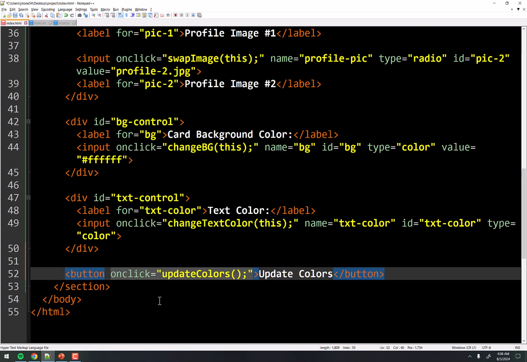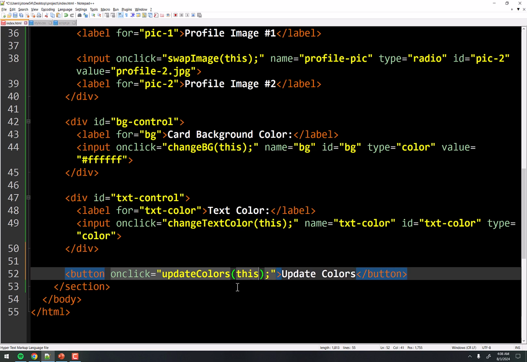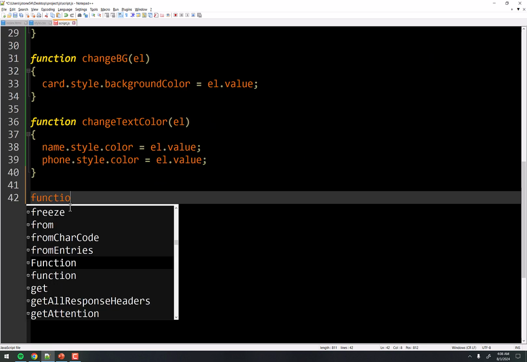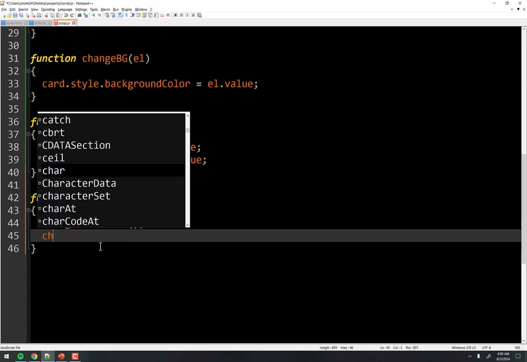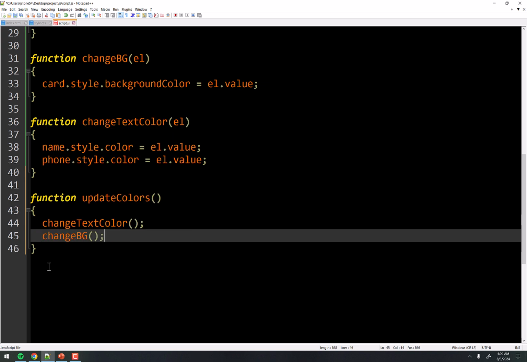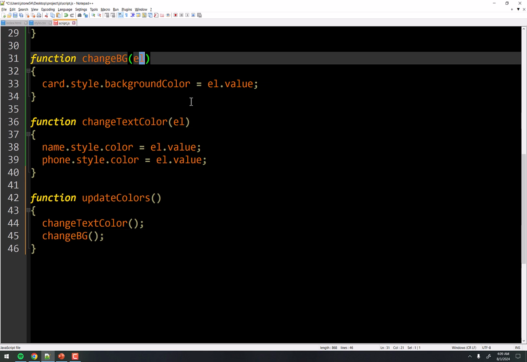Now this is going to be a little trickier. We can still use these functions, but if I put this here, in other words, that doesn't really do us any good, right? It's just going to pass in this button as the object. So what I essentially want is something like this, right? If I come in here, I want function update, and then I want it to call changeTextColor and changeBG. I want it to do that. Problem is right now, BG and text color are expecting a parameter that is an object, an element, a tag or whatever. So this won't work. I have no ability to pass that in here.